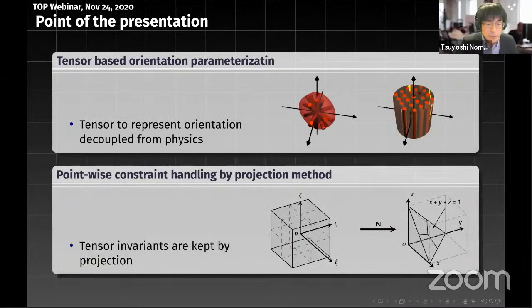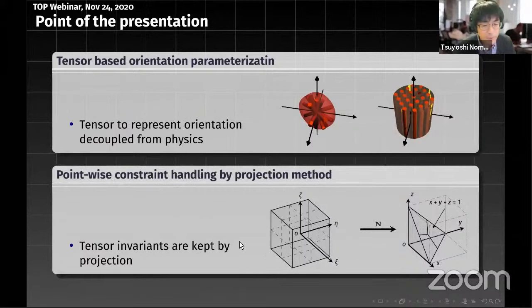I want to emphasize two points in this presentation. One is the tensor-based orientation parameterization, which uses an orientation tensor. The orientation tensor is decoupled from the physical properties, so that you can apply the same technique to other physics.